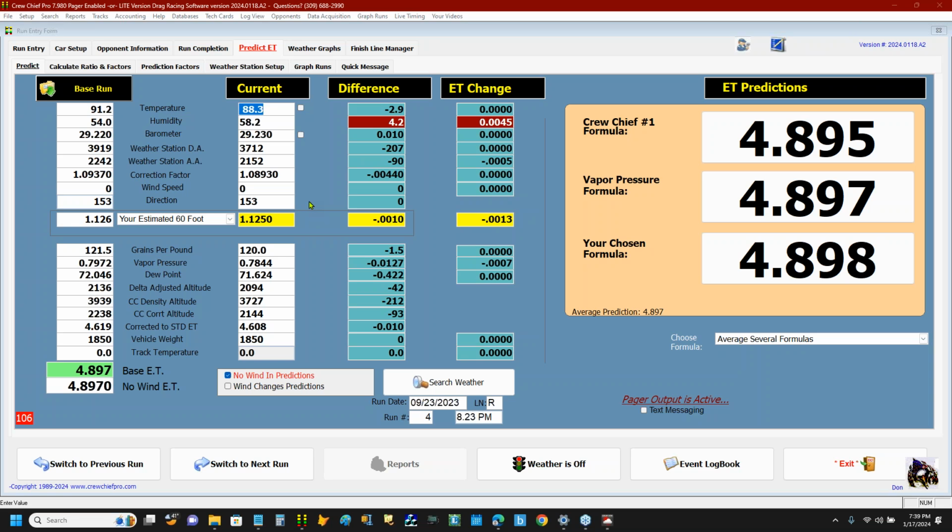How do you turn on the run data under the search weather tab? If you're asking how do you search on the predict screen, this is a really cool part of Crew Chief. Let me do my handy dandy drawing again. I want you to bring your attention to the current column. Anything in the current column